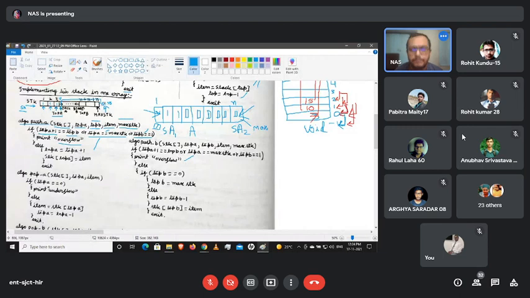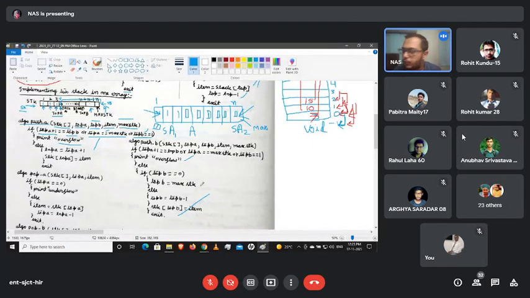Else, if some data is already occupied there, then what will happen? Top B equals top B minus 1. If top B is pointing at n, then the next data will be inserted at the n minus 1th position. So that's why top B minus 1. At the n minus 1 pointer, the top B pointer will come here and the data will be inserted here. So stack top B equals item. The item or the data got updated, inserted, or pushed here.